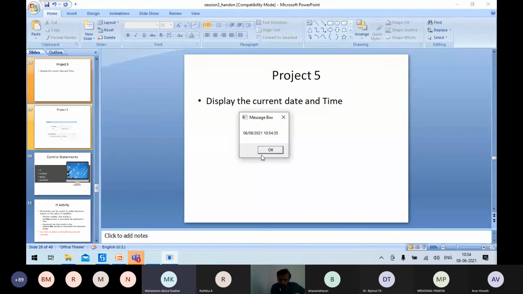So this is a message box you will receive. You will receive the month, date and year and the current time in hours, minutes, seconds and milliseconds, 10, 54 and 35. Hope that all of you have done this. Any errors?